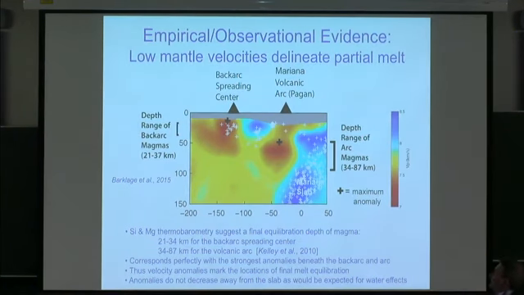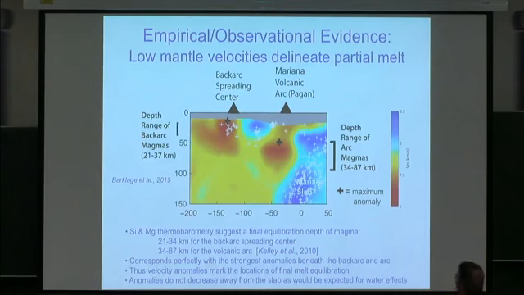Okay, so now to go to some empirical or observational evidence on what we can see with seismology. And this is an example of our imaging across a volcanic arc and backarc spreading center system. This is from the Mariana Arc. This is P-wave tomography, and going down to 150 kilometers in this image here, we see the high velocity slab. Beneath the volcanic arc, we see these very low seismic velocities here that go